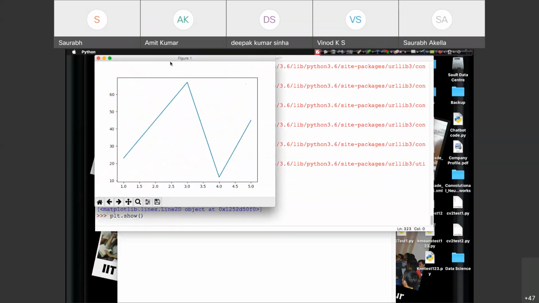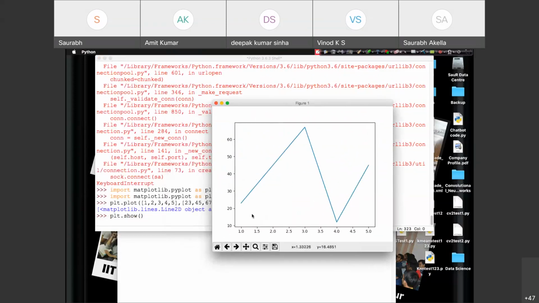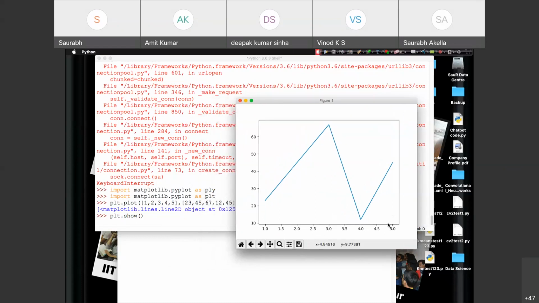Now this is how we'll plot the data with a line graph. So this was the first value, which was 1 versus 23, then 2 versus 45, and 3 versus 67, and 4 versus 12, and then 5 versus 45.